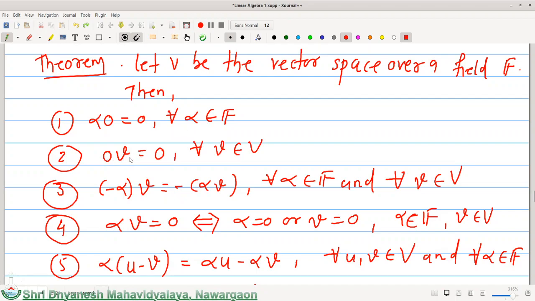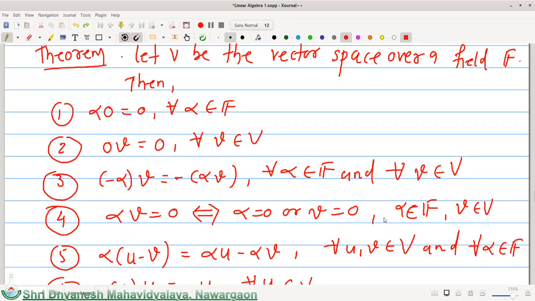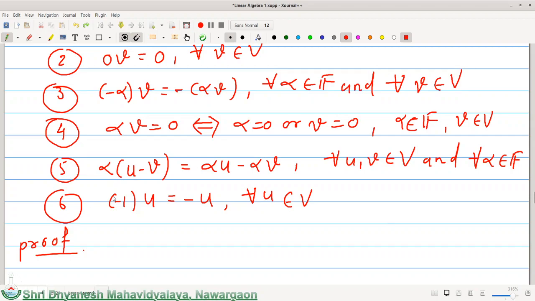Similarly, 0 into v is equal to 0 for all vectors. Next, minus alpha into v is equal to minus of alpha into v for all scalars alpha and for all vectors v. Alpha into v is equal to 0 if and only if either alpha is 0 or v is equal to 0. Okay. Next, the distributive property,